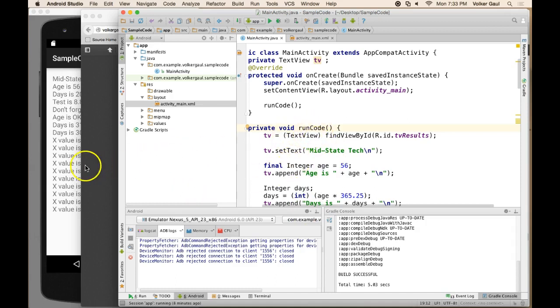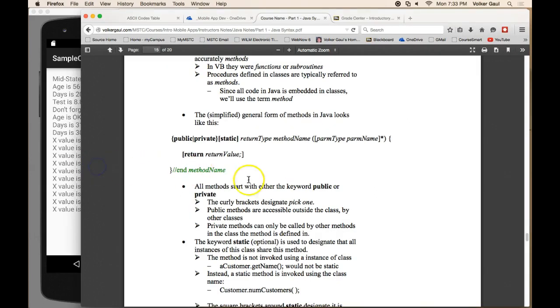So here's an example. What's in my notes is kind of the details. It could be public or private. Notice the curly brackets, public or private. If appropriate, you can call it static. We'll talk more about static later. We might remember it from last year. What type of data do you return? That was the void. What's the name of your method? You get to pick it. Now in here, I talk about,